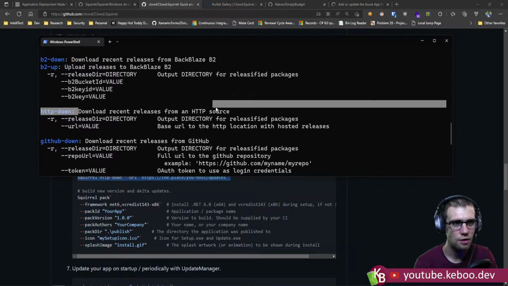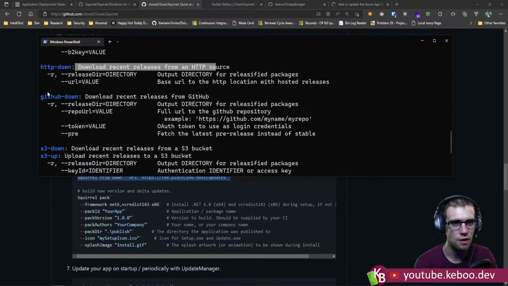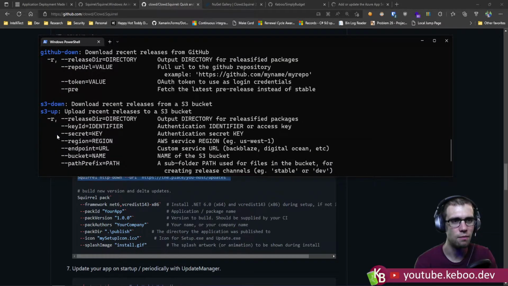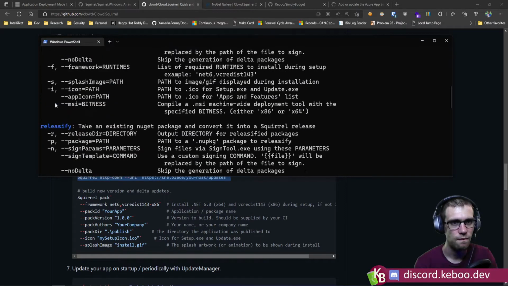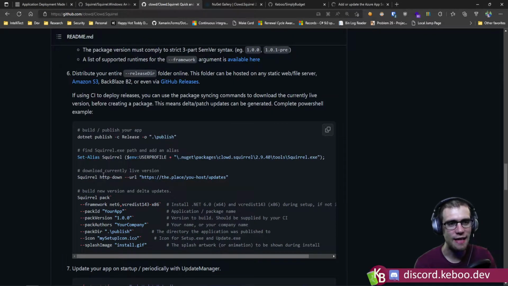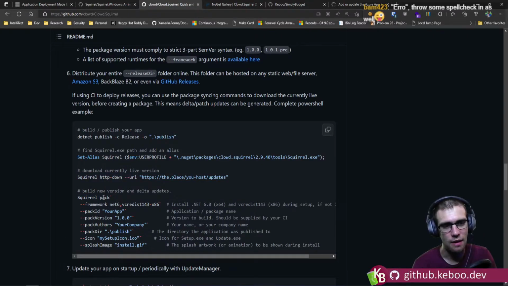Backblaze, HTTP, which is what we'll end up using, GitHub down. So they've put in some built-in support for very specific targets where people like to host things. It's pretty cool. So this download here is only relevant because when you do the pack, if you turn on